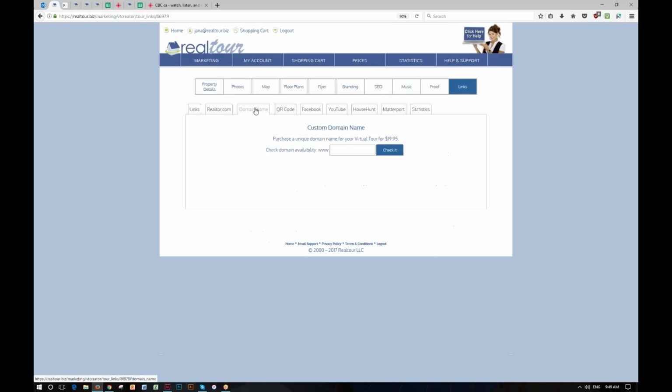You can go into domain name. You can type in whatever, fridaystreet.com. If it's available, you can purchase that. It's an extra $20 though, right? It's not free. But if you really want it, you can see if it's available. If it's available, you can hit go and it'll add that 20 bucks to your shopping cart. And then going forward, that'll be your URL for this tour,